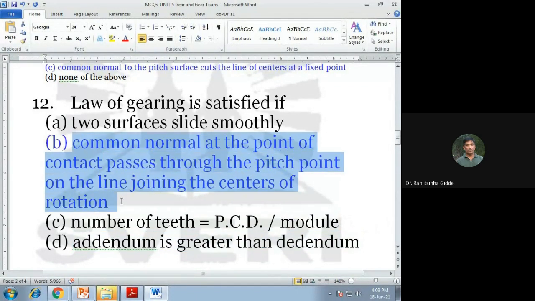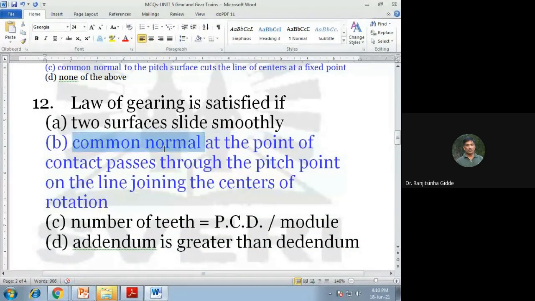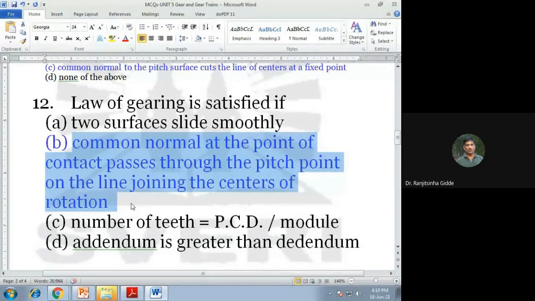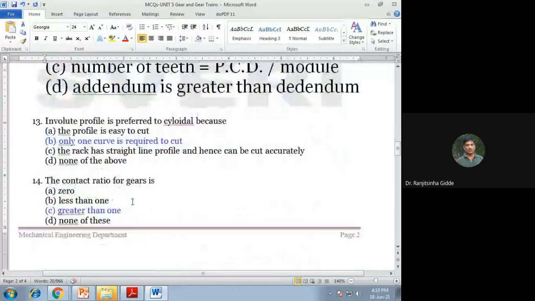So already we have seen in the morning, the common normal at the point of contact passes through the pitch point on the line joining the centers of rotation. Okay, then